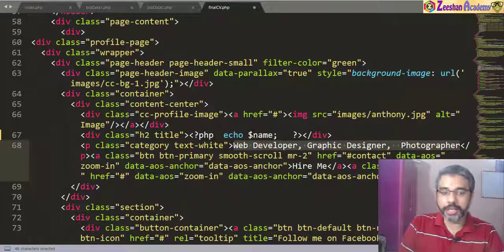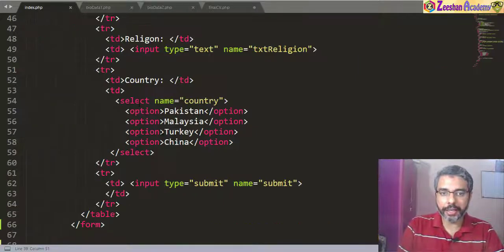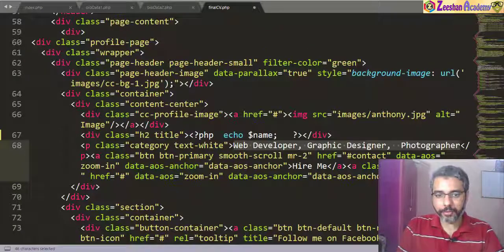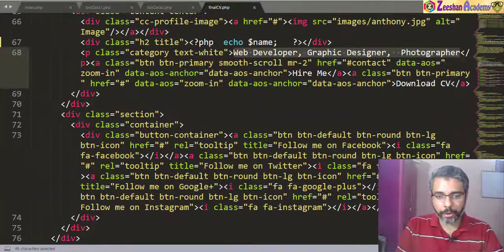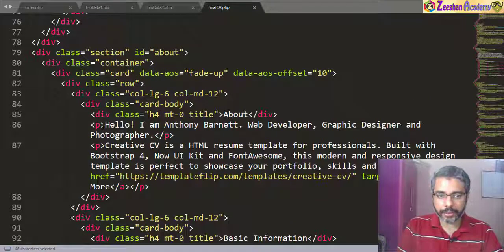Or obviously your slogan, your objectives, you can ask the user to give this data here, and we can enter the data inside the form. So once we hit Control S on this, and for hire me and download the CV, we can give the links for these files as well. At the bottom now I just come here: hello, I am Anthony Burnett. I can say